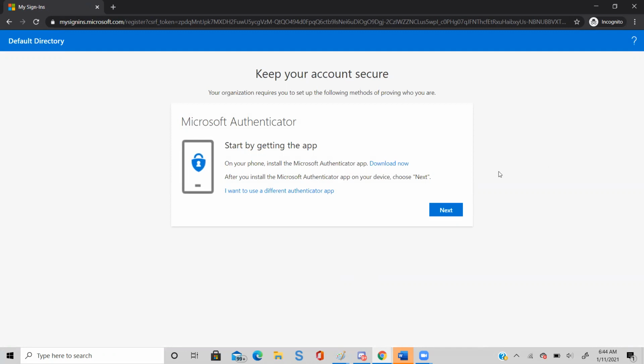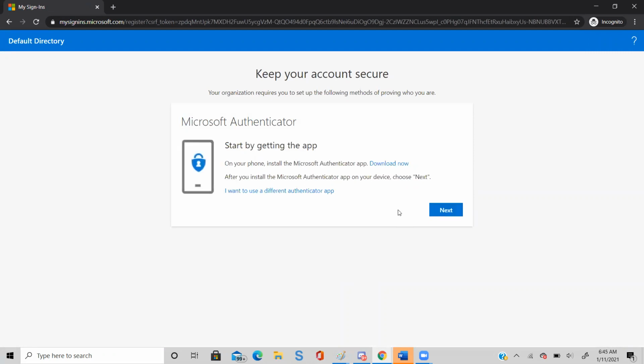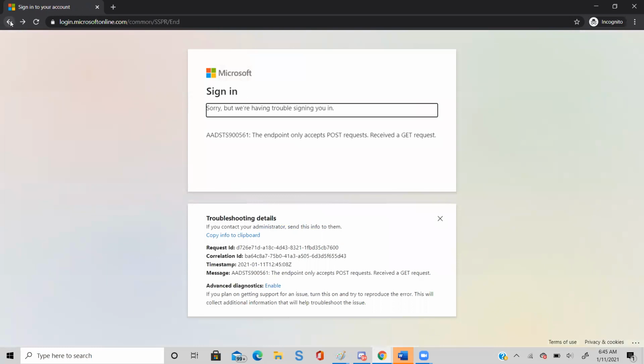So what you did exactly, can you go back? You have to skip after first login. So go back again from the browser. No problem. Just type it again, portal.azure.com.